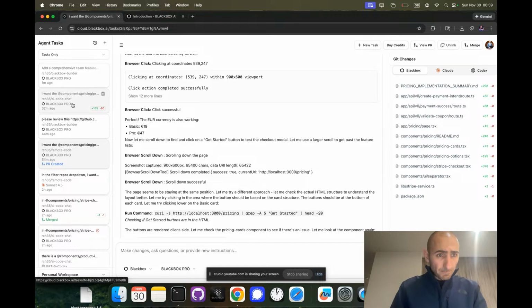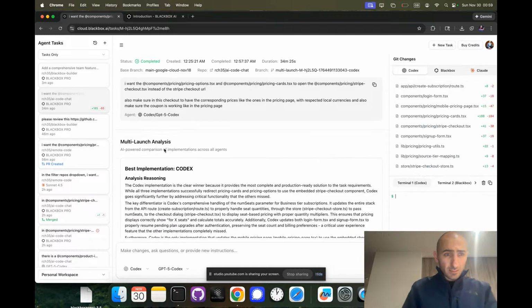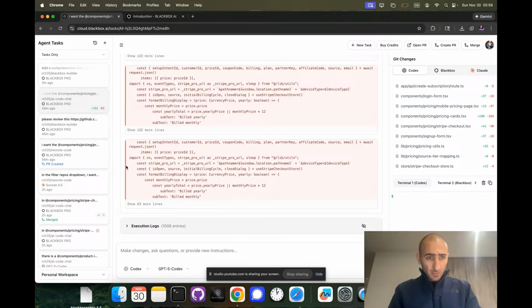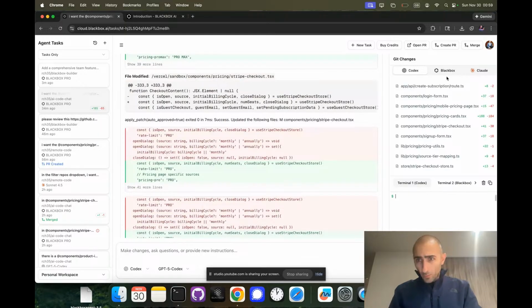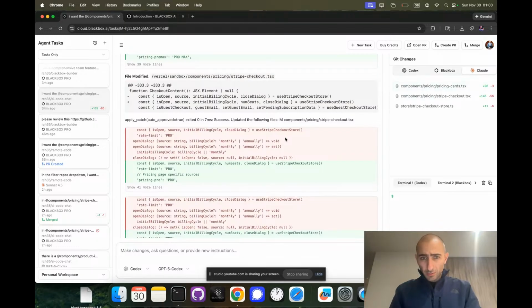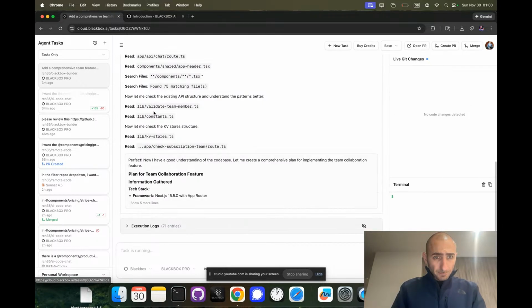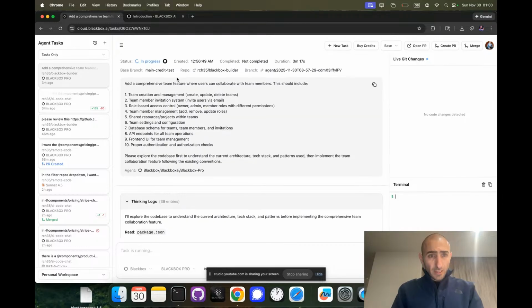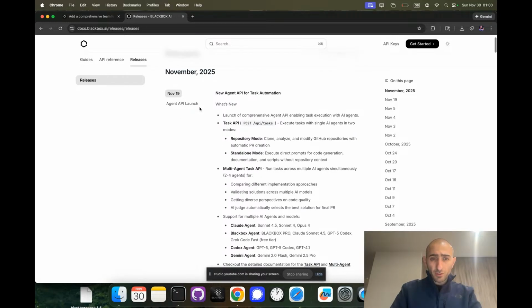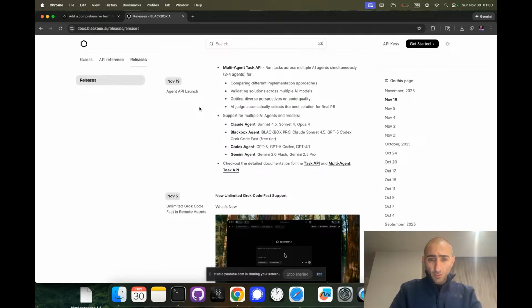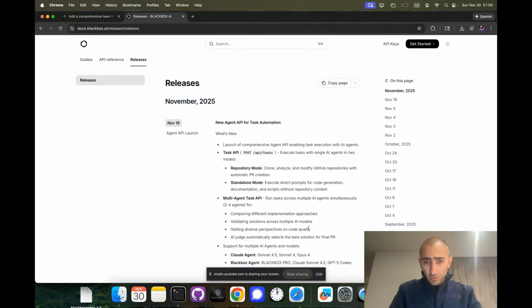So we're seeing here one of the tasks that are currently ongoing, one of the ones that's been running for the past 30 minutes. We can see there's Codex, Blackbox, and Claude currently running on this task. This is the newest one, and this is the one that we just sent from the CLI. So this is a brief overview on some of the things that are currently available through the local and through the remote. One of the things where users can also integrate the Blackbox agent into their workflow is